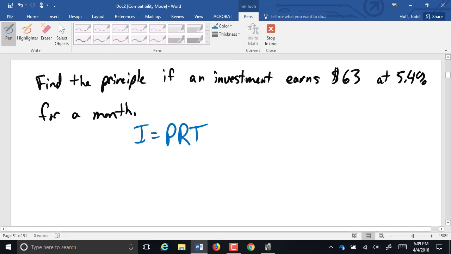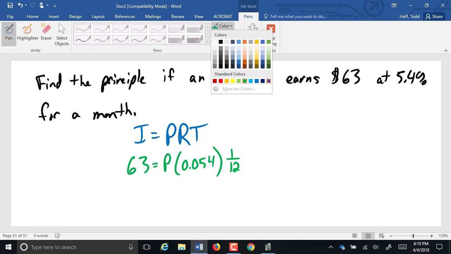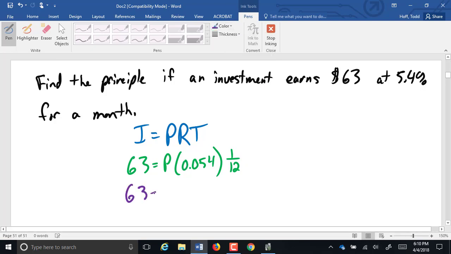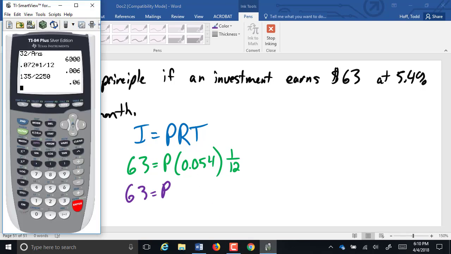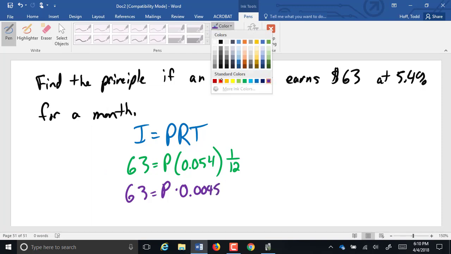I equals PRT. What goes in for I? 63. P? That's what we're looking for. R? 0.054. And T? 1/12. And then we do the 0.054 times 1/12 gives us 0.0045. And then